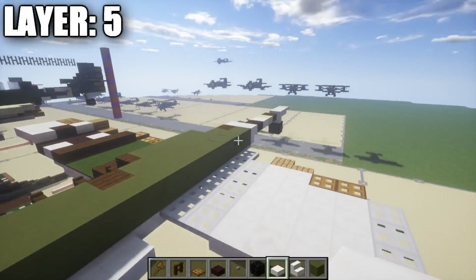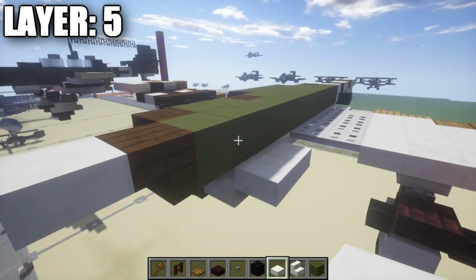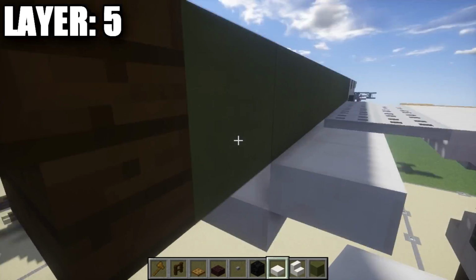Now the first thing we're going to do is start by going to the front here. As you can see, I have the center row already built. I'm going to go over how to get this center row done, and we're going to branch off from the center row. Now the first thing we want to do is go to this first